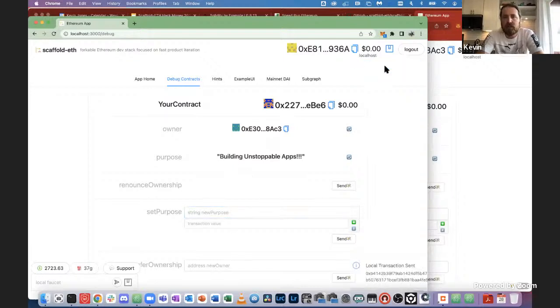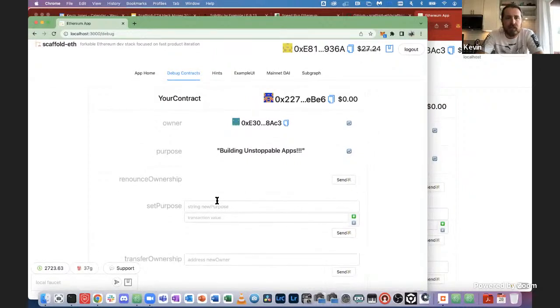But I still want to be able to change it. Well, I don't have any money, so let's get some money from the faucet. Now I should have like 30 bucks or something like that, 27 to be exact. Okay, so now I can change it to whatever I want. So like, hey, this is cool, exclamation mark, and I have to send in some money. If I don't send in enough, let's say I send in